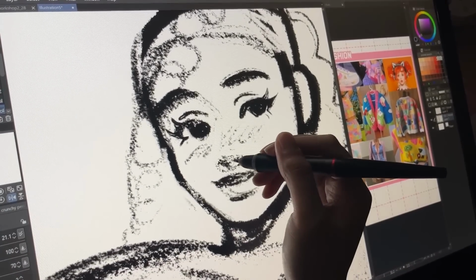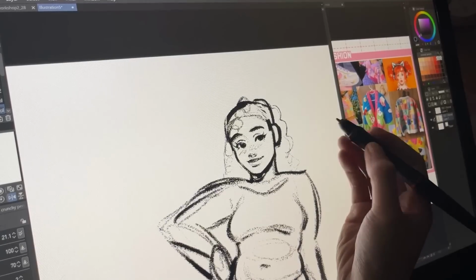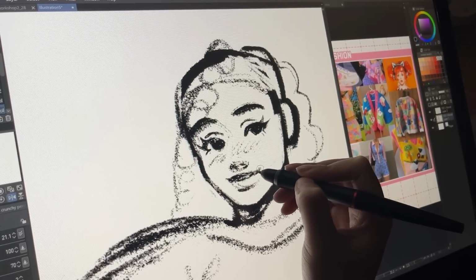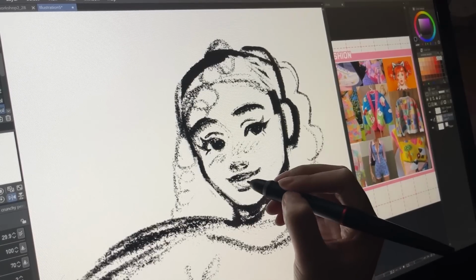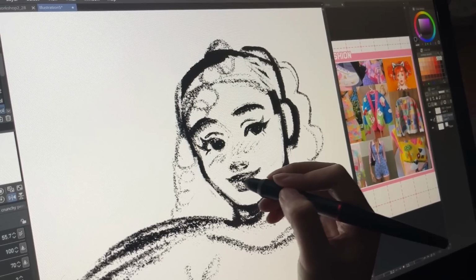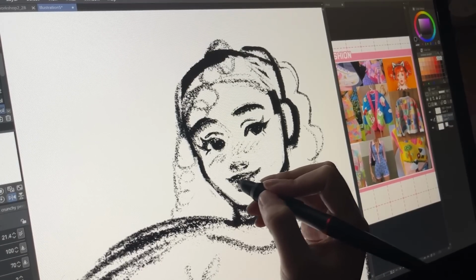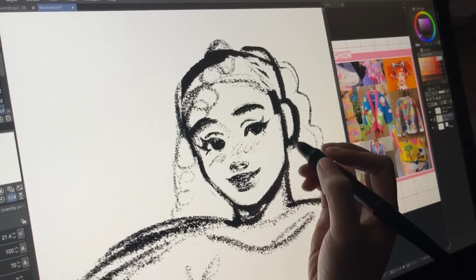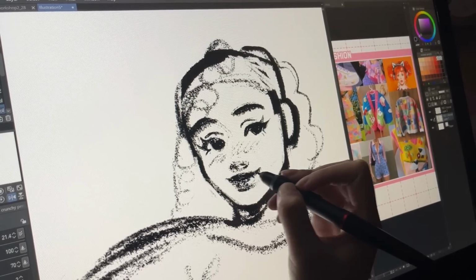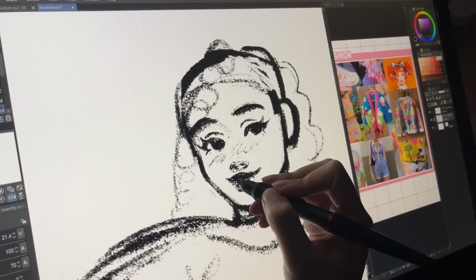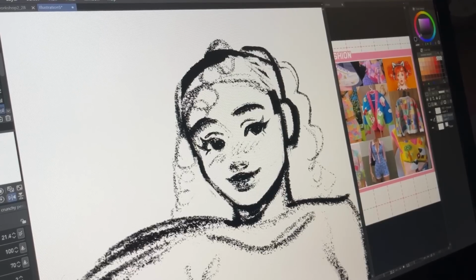I saw this tweet that was like, if you want to be a character designer for animation, you're gonna have to design a lot more than just nice outfits. And I was like, wow, okay, that is basically what I do right now. I just design outfits. I don't exactly design the characters themselves. I mean, I design them once and then I leave them alone as they are, and then I just make different outfits for them.